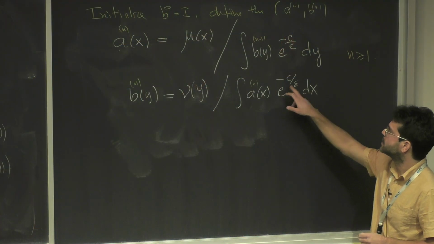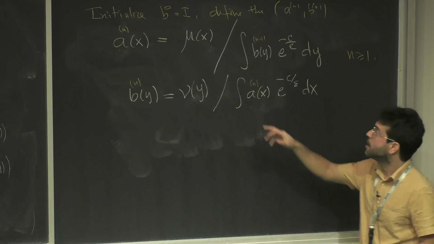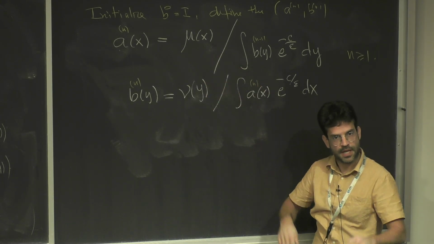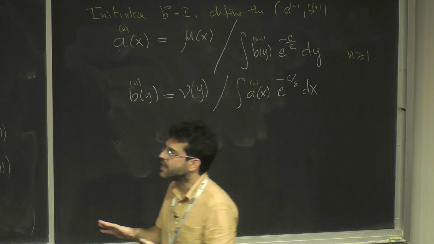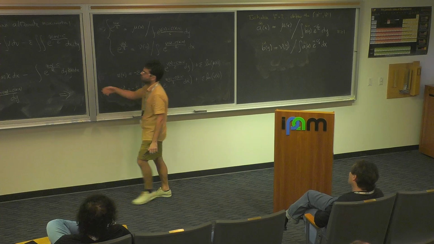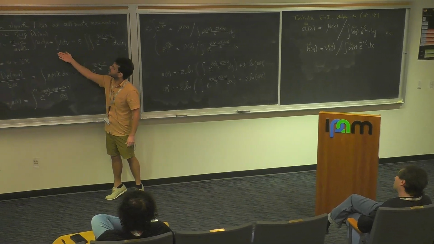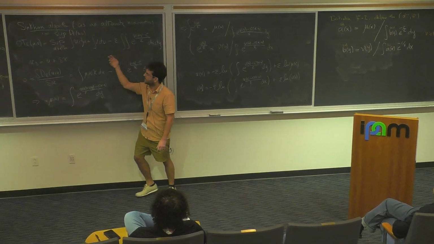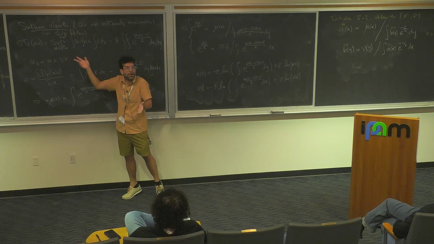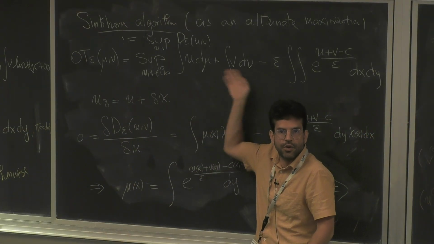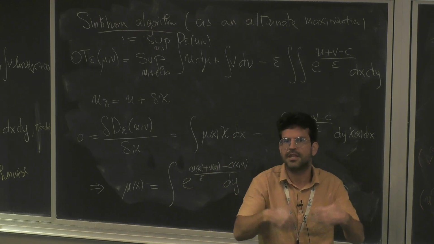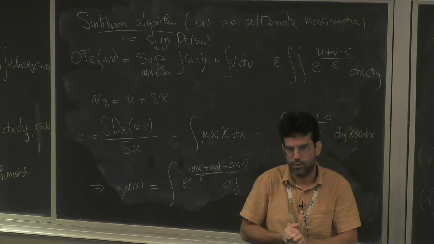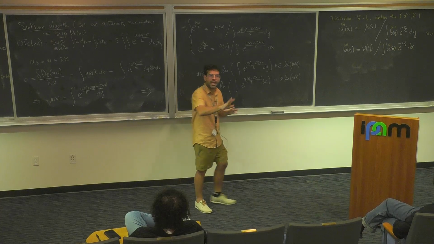Very nice, yeah. Agree. So you are saying that if I specialize in the case where I have the distance squared, mu and nu are general, there are other types of things that I can look at. There are many different algorithms. I'm just citing two of them. You can also look at this problem and say, this is a maximization of a function that is concave and is an unconstrained maximization. I could a priori use any first or second order method to solve this problem. I'm just trying to illustrate the two algorithms that are going to be relevant for what we are doing next. But I totally agree with you.